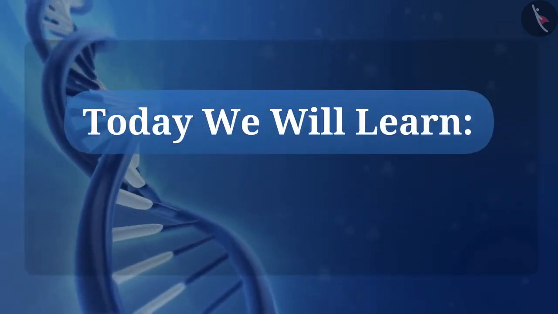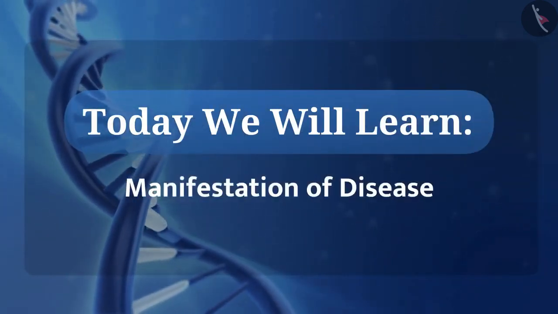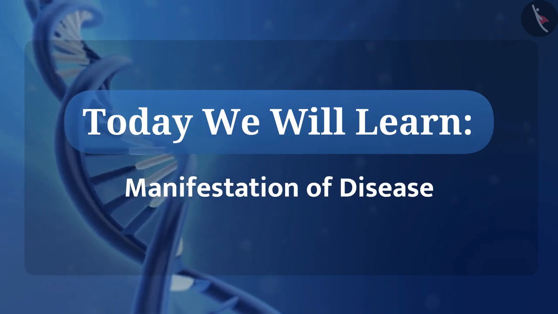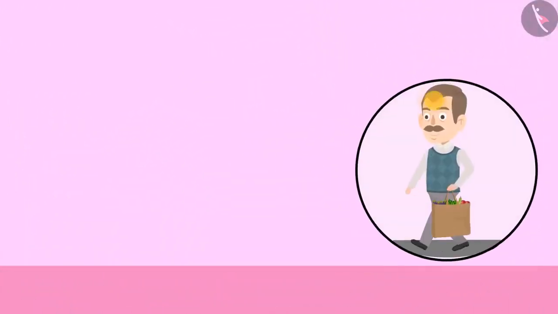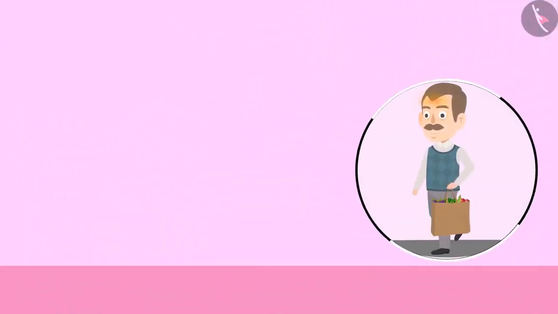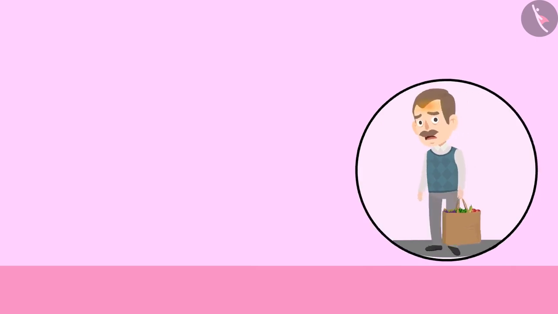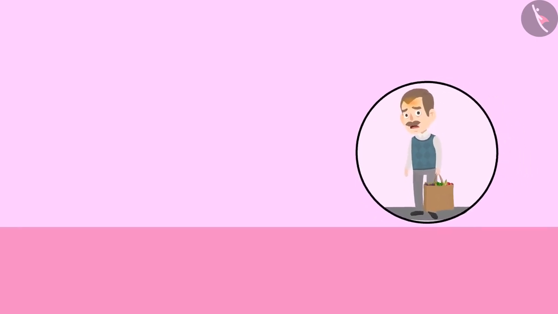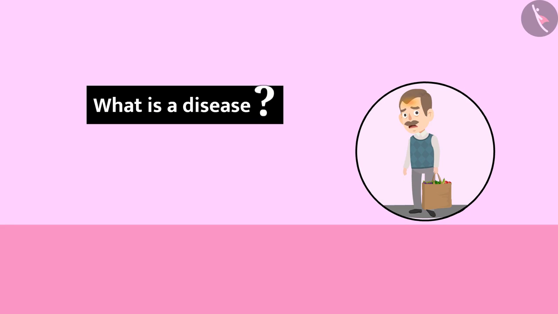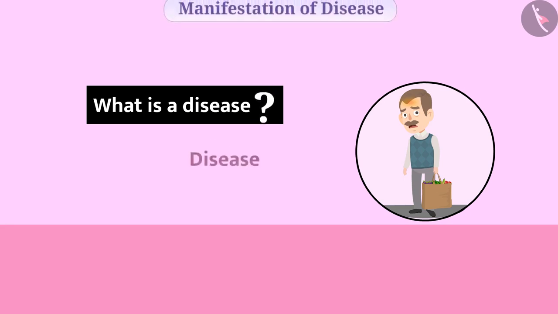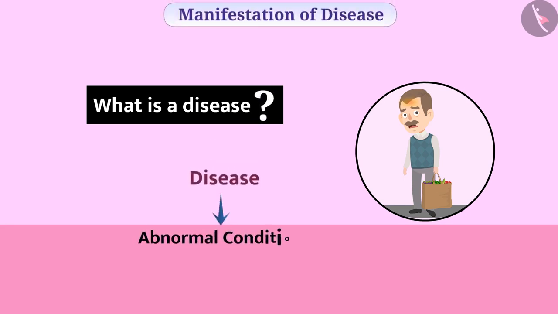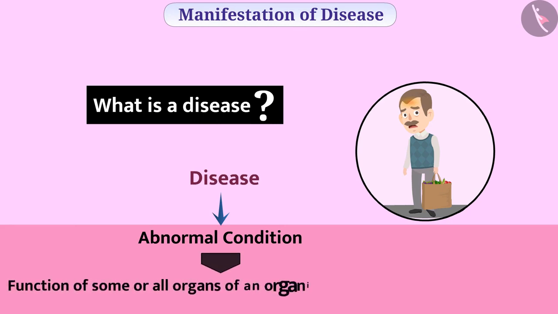Will learn about manifestations of disease. Due to disease, we are not able to do our work properly. Can you tell us what is a disease? Disease is an abnormal condition that affects the function of some or all organs of an organism in a negative